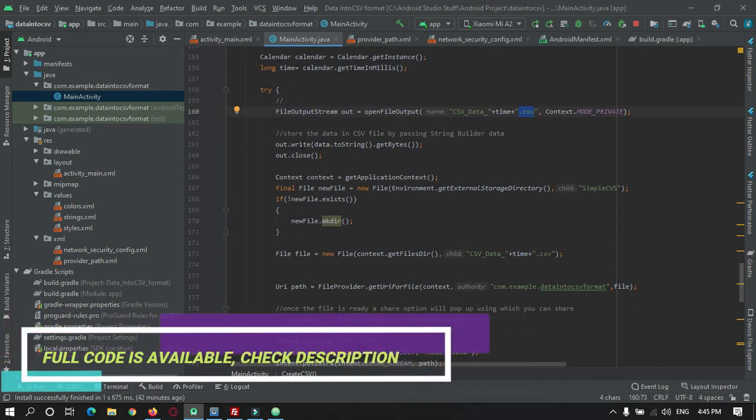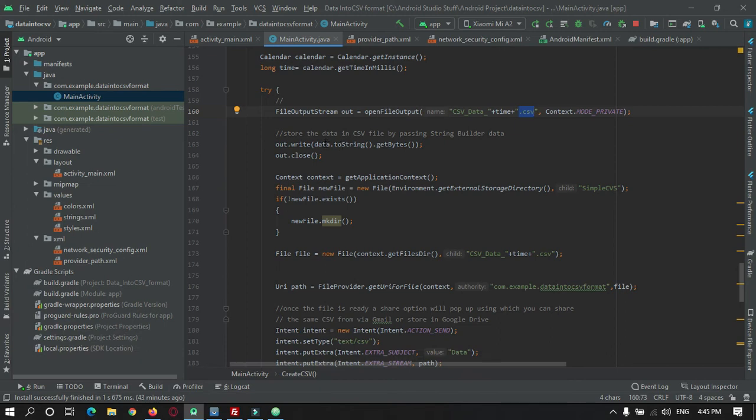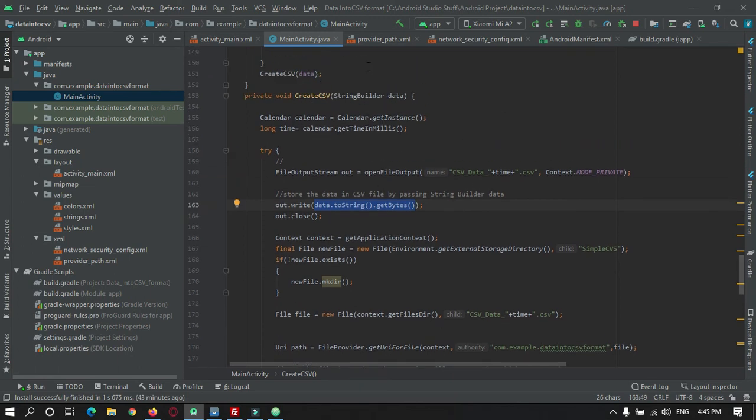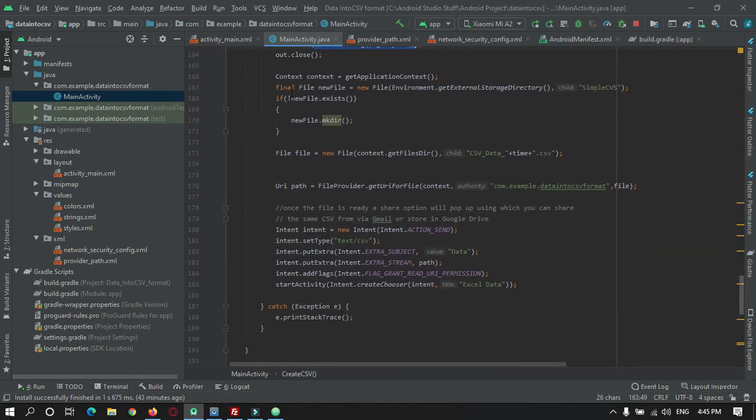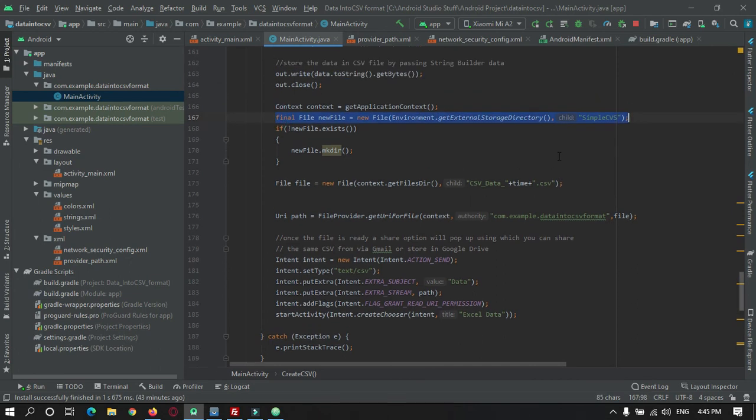In this file, we are going to write by using write dot out dot write, passing data dot toString. This will write all the data that has been fetched from database into CSV format. And this is where we are storing the CSV file into our local storage device.